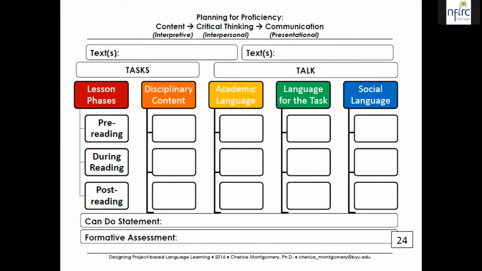So this is another document that will be in the modules that is designed to help you think about these different types of language use that you might need to scaffold. So you'll see that at the top there's a place for you to write down what texts you are going to have learners using. And you'll notice I've given you space for at least 2, because when we use more than one text, we tend to ask learners to do